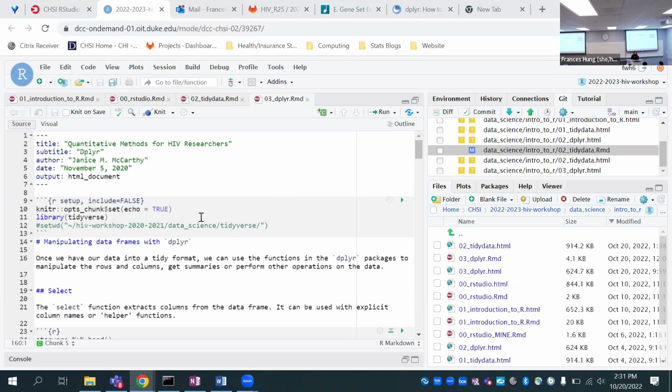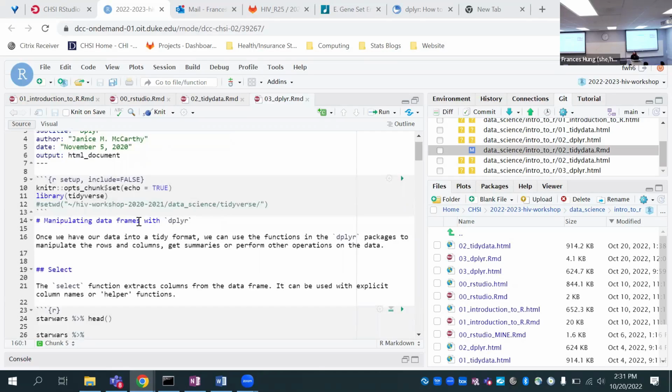So we're going to do some more work with dplyr. And this is less tidying the data and more exploring it and summarizing it. So we're going to start first by looking at specific variables. And we do this by using the select command.